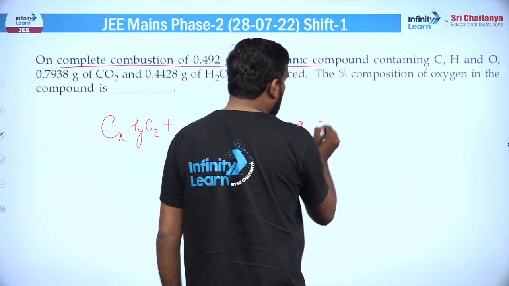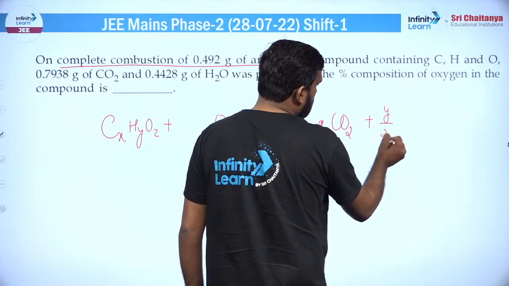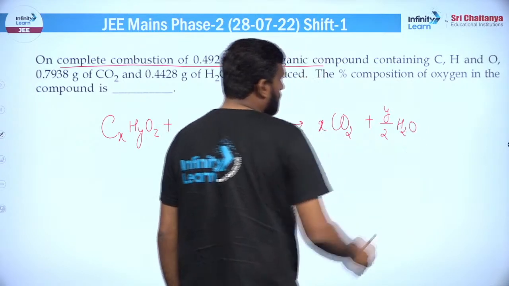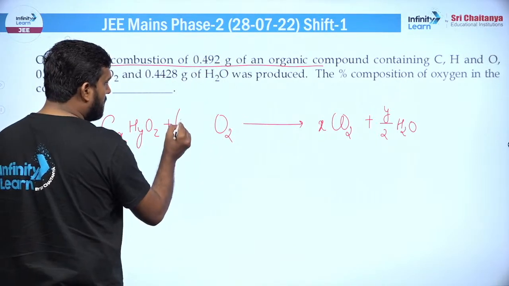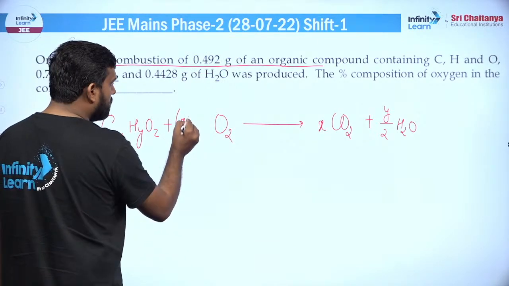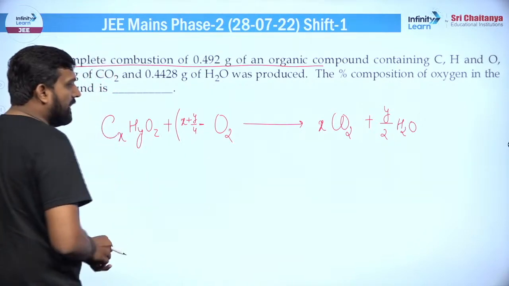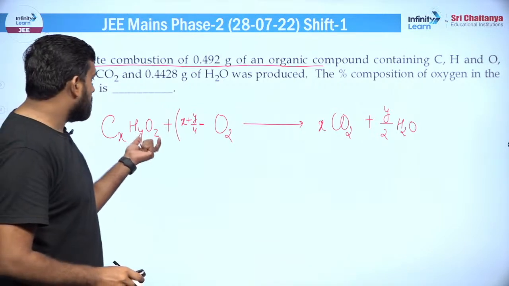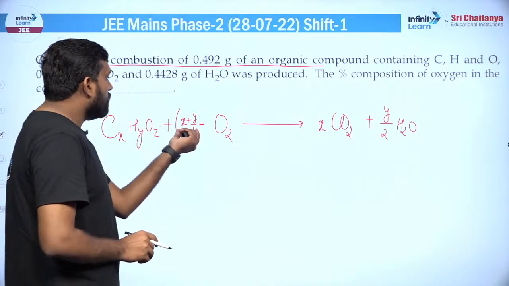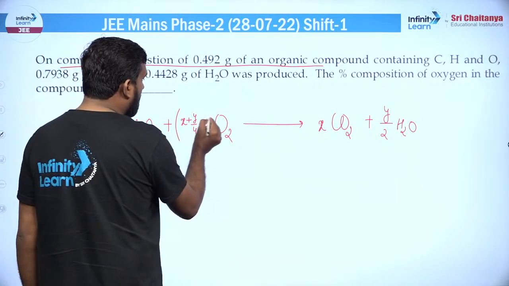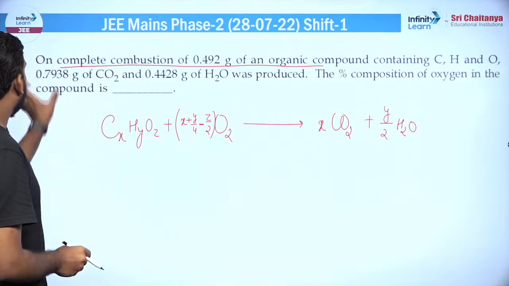और जब कंबशन कराओगे तो यहां पर क्या होगा, आप अगर बैलेंस करोगे तो X CO2 जनरेट होगा, Y/2 H2O जनरेट होगा। बैलेंस आउट कर लेना रिएक्शन को, ठीक है। यहां पर अगर आप बैलेंस करोगे तो आपके पास क्या आ जाएगा, देखो यहां पर आ जाएगा X प्लस Y/4, Y/4 माइनस, यहां पर Z ऑक्सीजन पहले से है ना, ठीक है। तो Z ऑक्सीजन अगर यहां से है तो इसमें Z माइनस करना पड़ेगा ताकि वो बराबर हो जाए। तो ये हो जाएगा -Z/2, ठीक है। तो इतने हो जाएंगे।